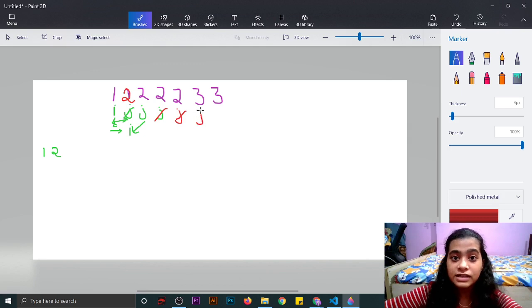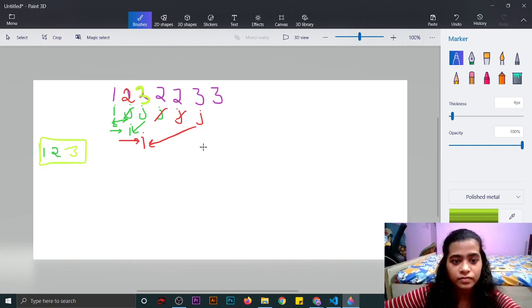But now 3 is a unique element and i is 2. So 2 and 3 are not equal. So what we will do? We will move i one place forward and we will copy the value of j into i. So 3 will be placed here. The array will look like this: 1, 2 and 3.